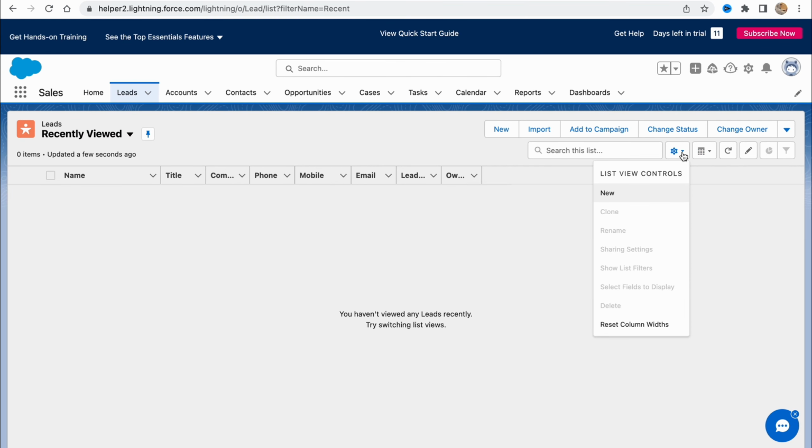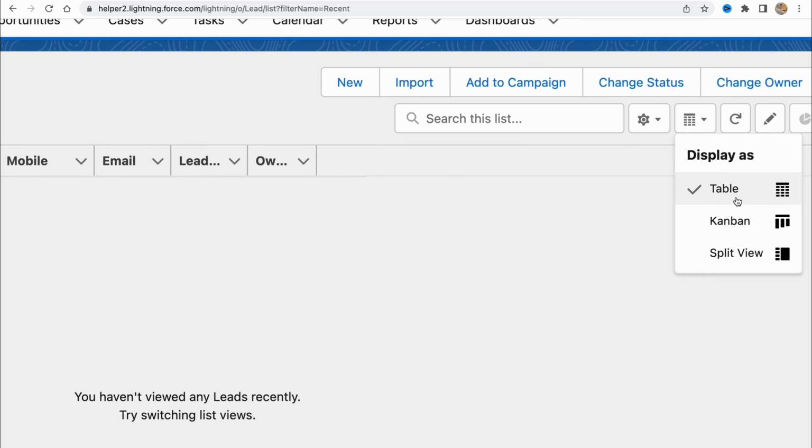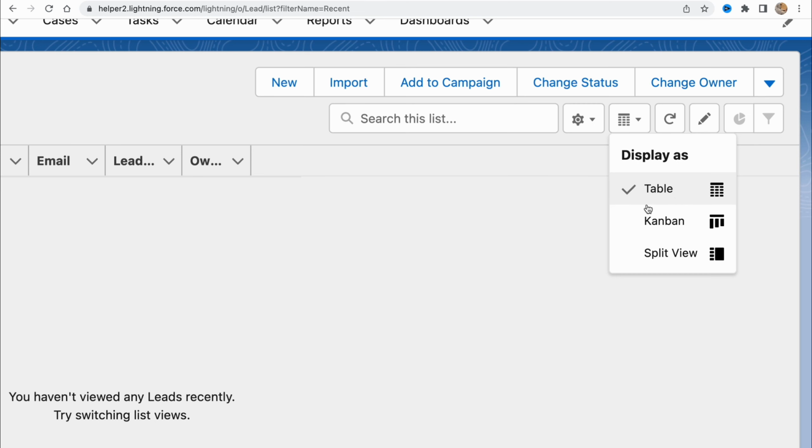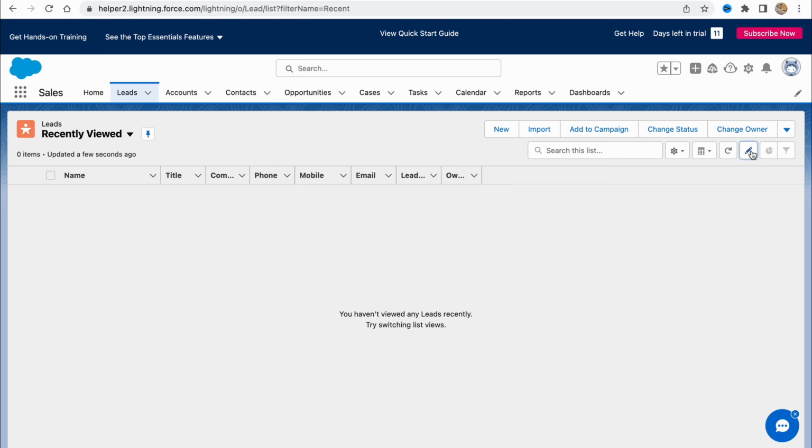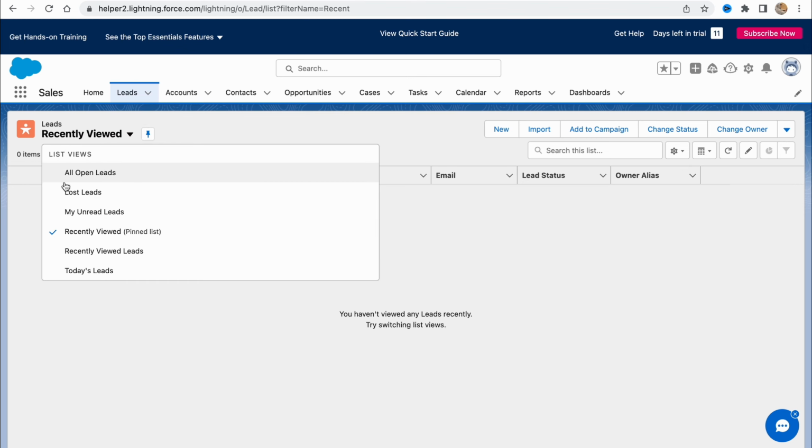And we can also add view control, new or reset column width. We can display it in different views, like table, Kanban, or split view. We can refresh our table and edit it simply by clicking here. We can also change the width of different fields, for example, like this. Basically, it's pretty easy. We can change it to a recently viewed filter, like lost leads, my unread